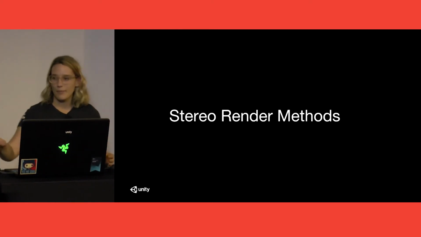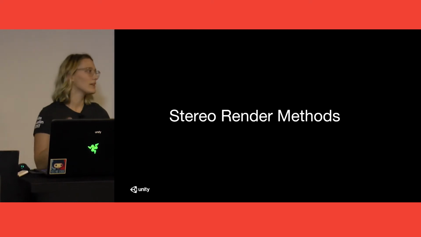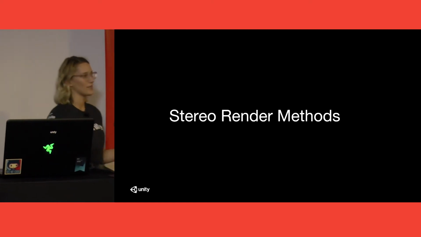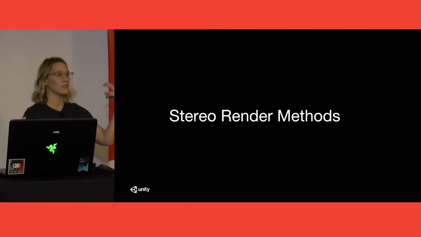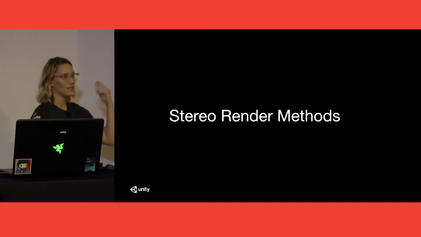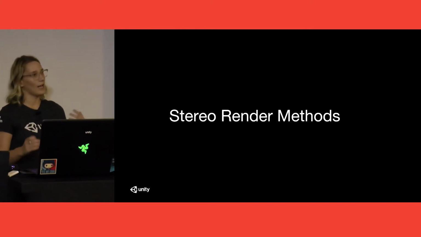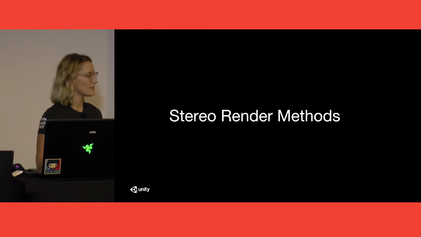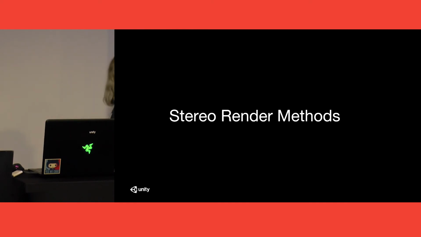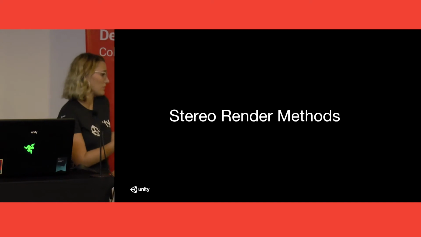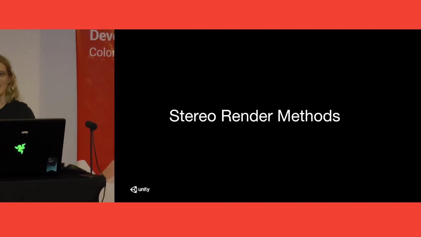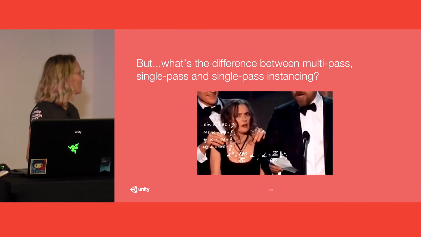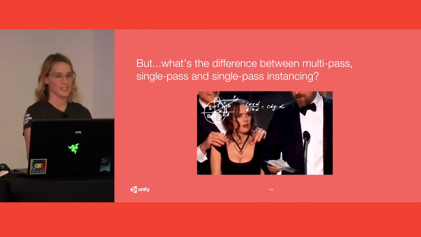All right, now I want to get into something that has always been a little bit of a challenge for me to understand: the difference between these stereo rendering methods, because there's 3. There's multi-pass, there's single pass, and there's single pass instancing. These are all different rendering methods for VR. And up until recently, I hadn't seen a clear explanation of the differences between the 3. So even I was like, single pass instancing, is that just a better version of single pass? So I'm going to explain to you all what the difference is right now. Yeah, this was me a few weeks ago until I saw this amazing explanation of it.